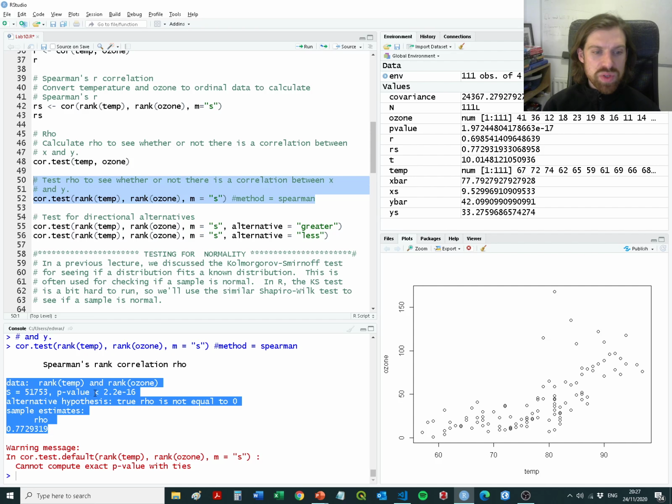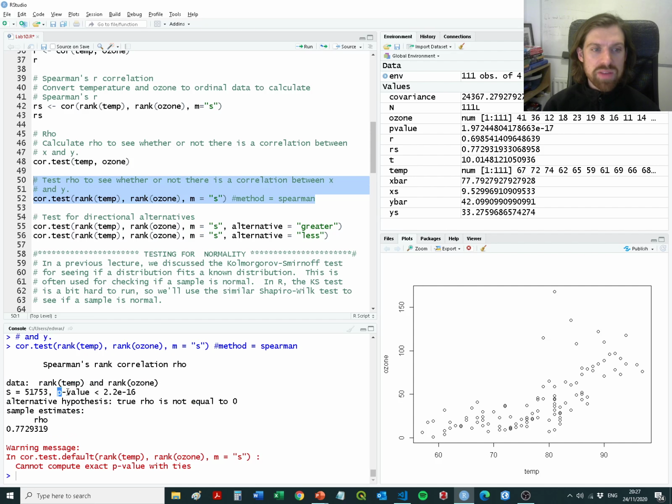And actually, when we do that, we're getting really quite a small p-value. So down here, it's actually saying that there is a significant effect. There is a significant correlation between these two metrics that we've decided to correlate in this way using a